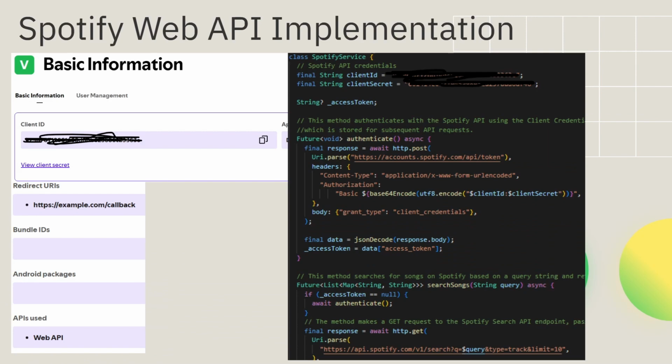Now, as for my Spotify web API implementation, as I discussed before, I had to make a Spotify developer account. Well, I had an existing Spotify account as just a standard user, so making a developer account was quite simple as it was just an extension of my user account. But a developer account is also very simple as that's easy as setting up any other account, and it has a client ID and a client secret that I had to input into VS Code,